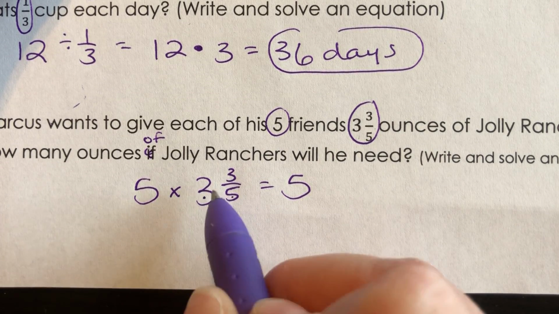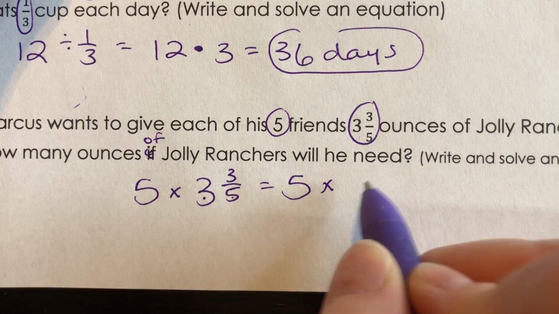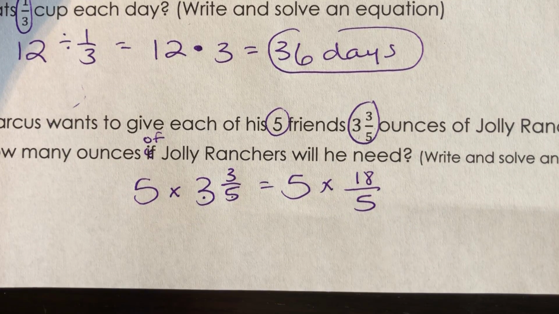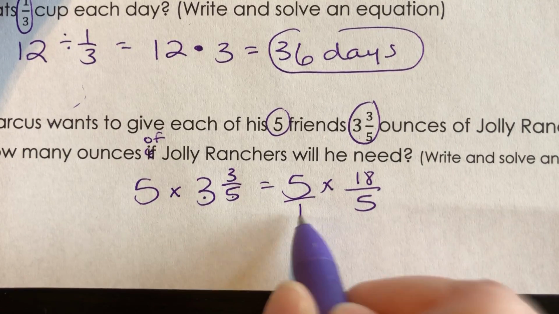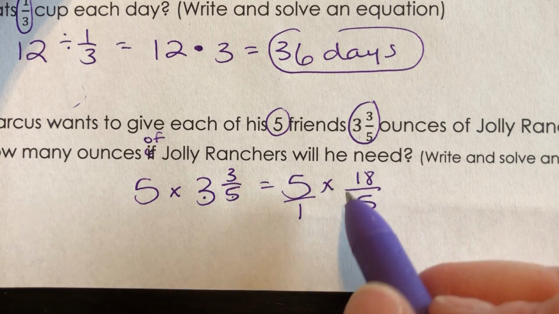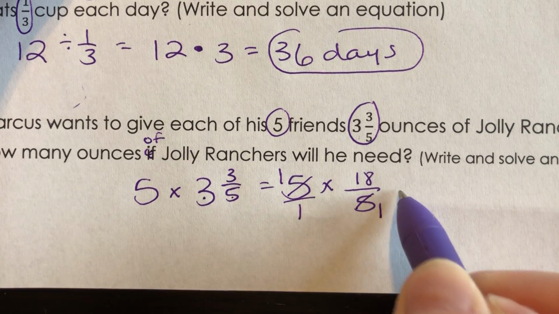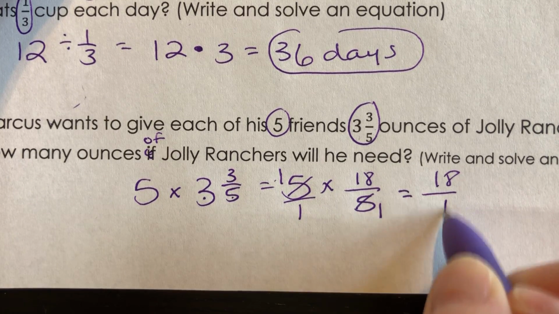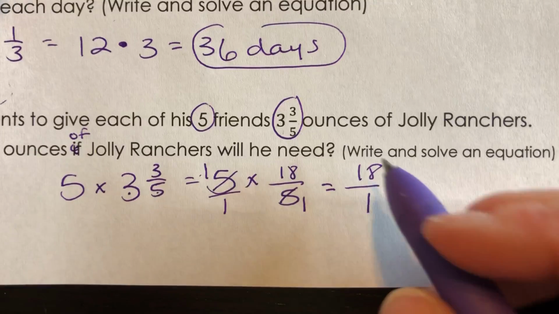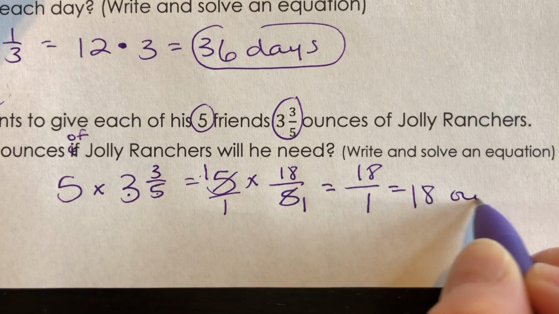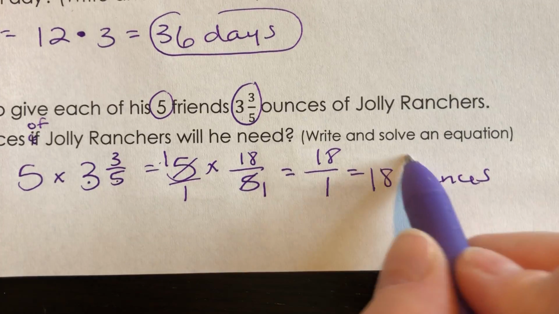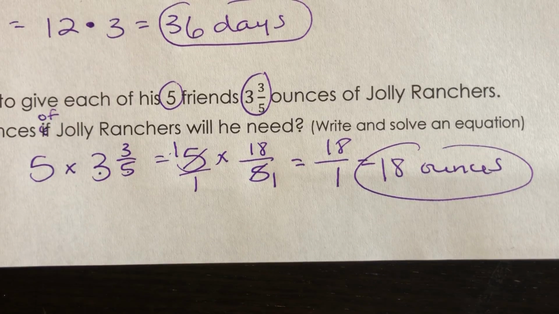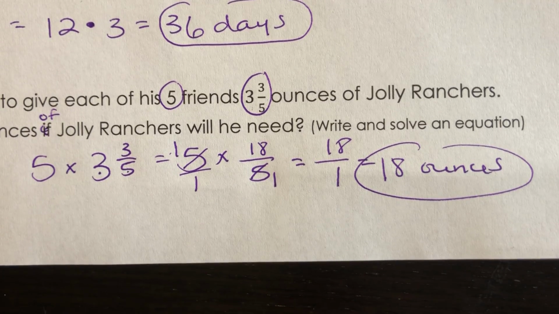5 times 3 is 15. 15 plus 3 is 18. So I have 5 times 18/5. I'm going to put a 1 under this 5. And lo and behold, I see I can cross simplify. I'm so thankful. 1 times 18 is 18. 1 times 1 is 1. And I'm left with 18 over 1, which is 18. So he'll need 18 ounces of Jolly Ranchers in order to share them, the kind student that he is, with